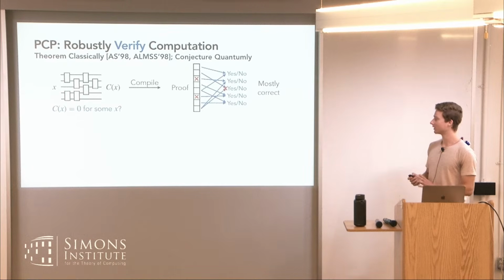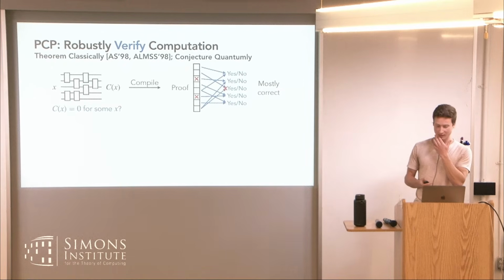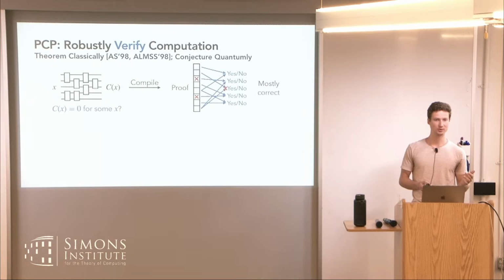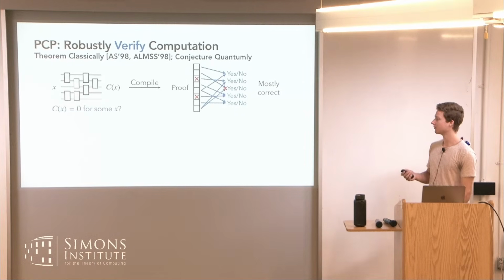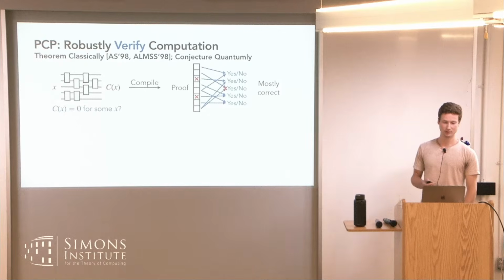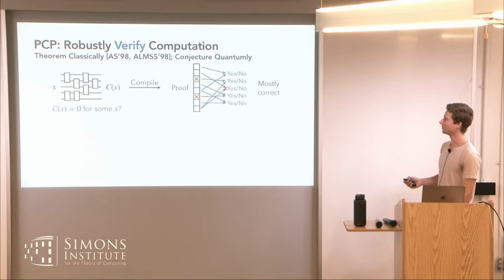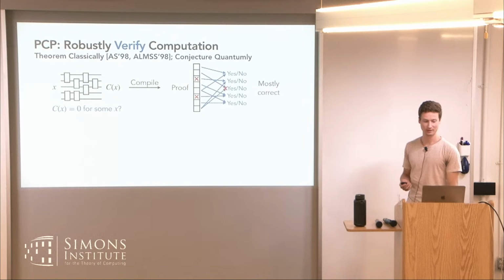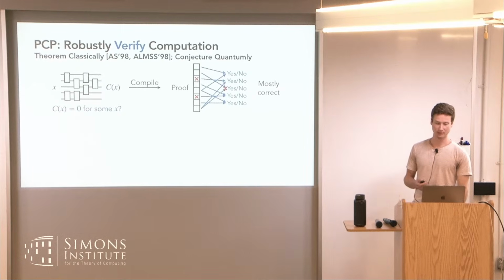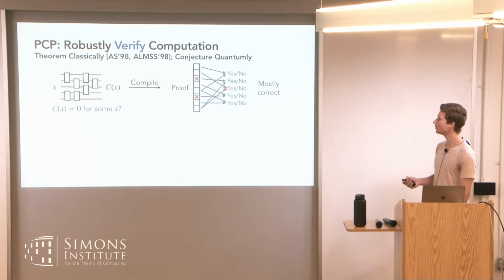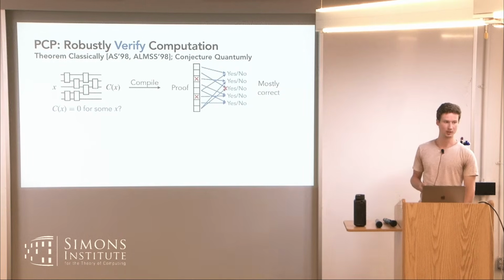So that's the statement of what a PCP gives us. If you think about it, it's kind of striking. When we're checking a proof in a paper, we have to read through the whole paper and check every single line carefully to see if it's correct or not. Whereas this is saying you can check the output of a computation by just reading an appropriate proof in a constant number of locations. So it sounds pretty striking, and indeed, the fact that PCPs exist classically is one of the celebrated results in classical complexity theory. It's a really beautiful, deep theory. And it remains open whether you can do the same thing quantumly, whether we can compile a quantum computation into this sort of locally checkable proof.